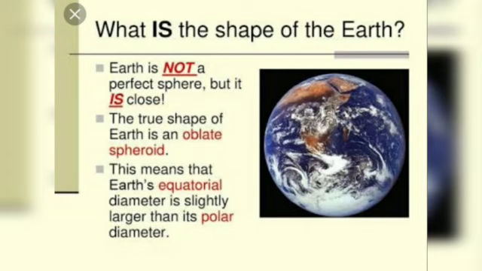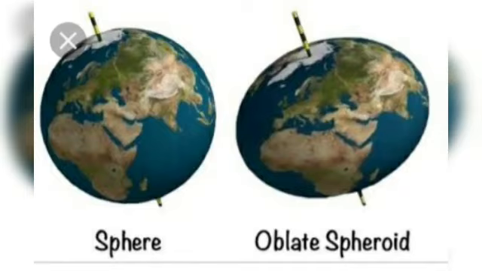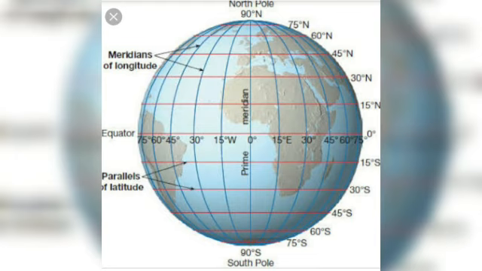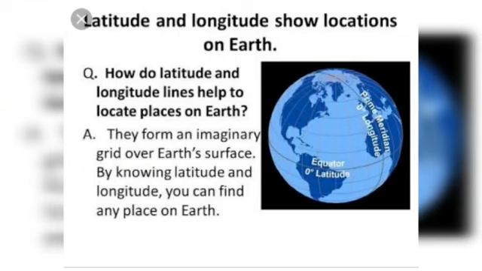Now talking about the shape, the earth is an oblate spheroid or geoid. It is caused by two things, the centrifugal force and gravity, which give us the geoid or oblate spheroid shape of the earth. Now when we have to find the exact place on the globe, we have two sets of imaginary lines, latitudes and longitudes. The squares that they make are known as the Earth's grid system, whereby we can find the location of any country of the world on the globe.